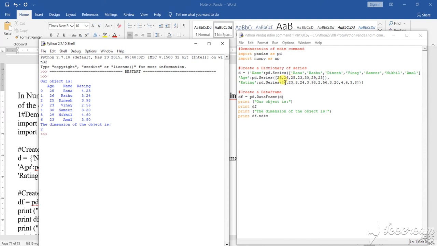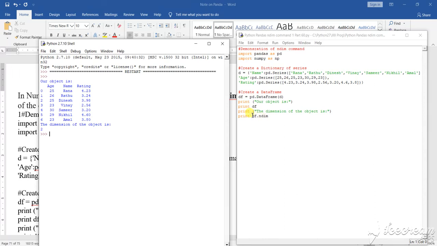Clear? Now see what it is doing. When you have used NDIM, it shows 7, 7 for each, so the dimension of the object, that means x and y, is a two-dimensional series. Clear? 7, 7 on each means it will show you that there is a two-dimensional series in it. How will it find that? It will find it with the help of this NDIM function.